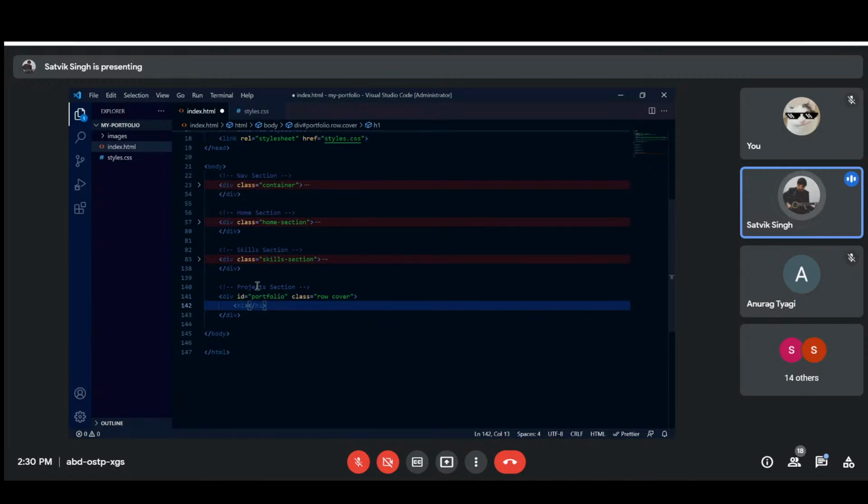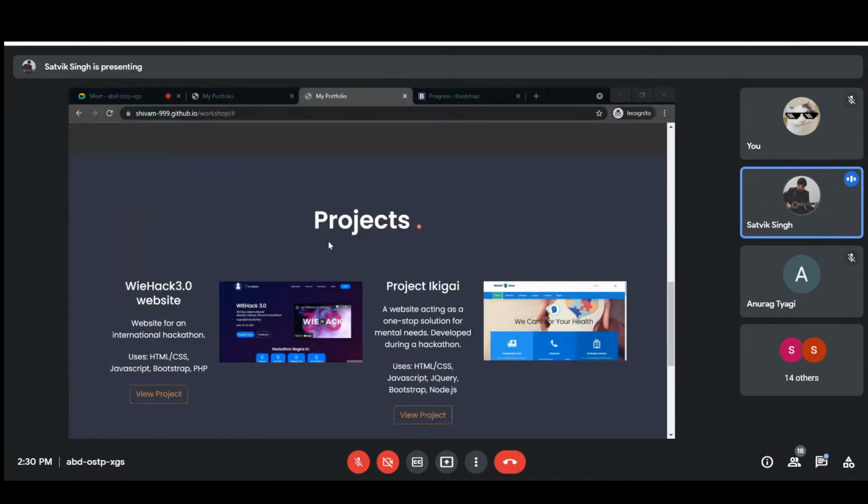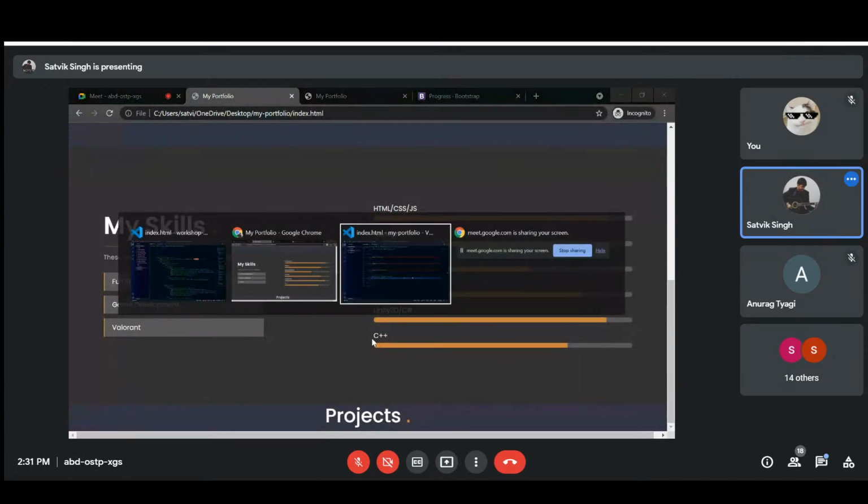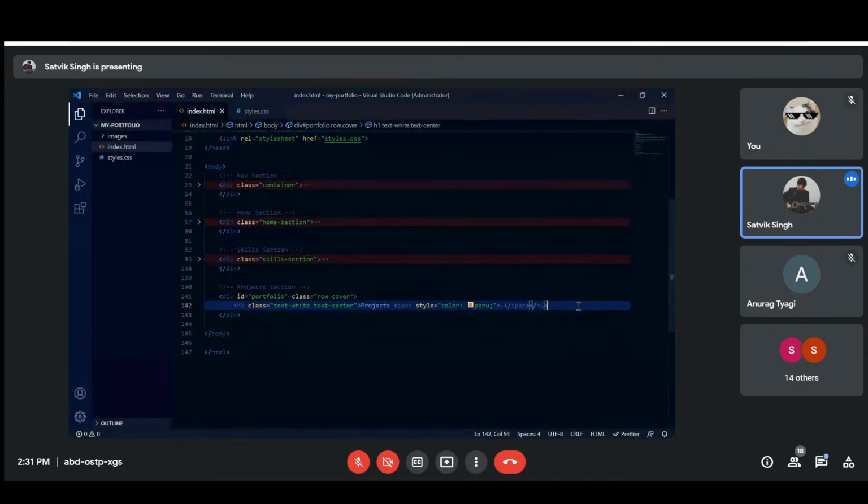Inside this, I want an h1, which says projects, and then a span tag, which contains the dot, and then we're going to style it this color. And let's actually add some Bootstrap classes as well. The text should be white, and the text should also be center. Yes, that looks good. Okay. So the next thing I want to do is